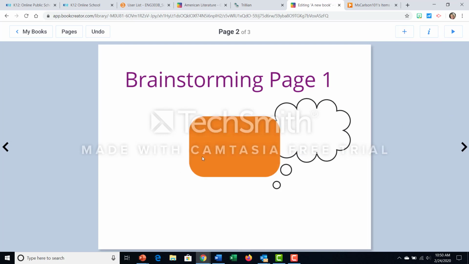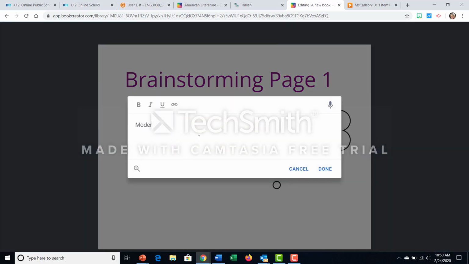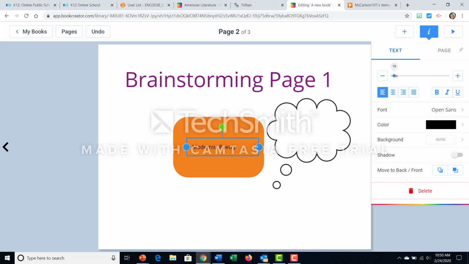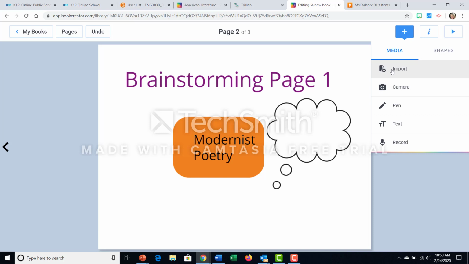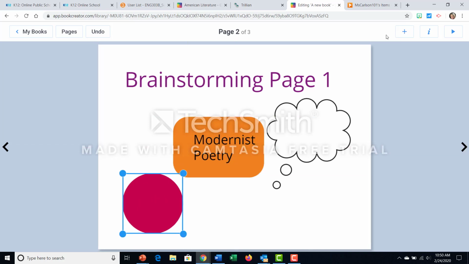And I'm going to do a mind map. I'm thinking about maybe having my topic be about modernist poetry. And so I'm just going to brainstorm a little bit about modernist poetry. What do I remember about it? Who are the poets from modernist poetry? Things like that. And so maybe in each of these circles, I can say what I remember